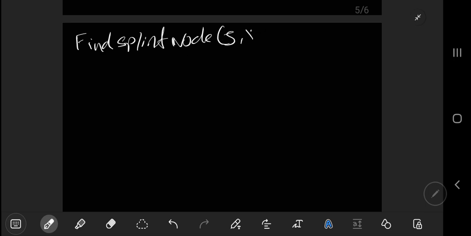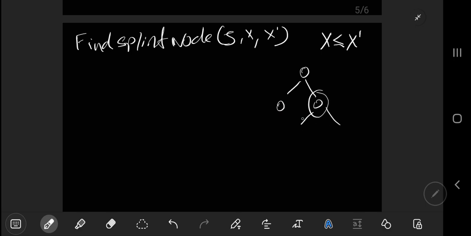Okay, so now I want to talk about finding the split node in a binary search tree. The algorithm will be called FindSplitNode. I want to do it through an example, but we will get a tree, let's call it J, and we will get two values, let's call them x and x tag, where x is less than or equal to x tag, and I need to find in the tree a point where there is a split,